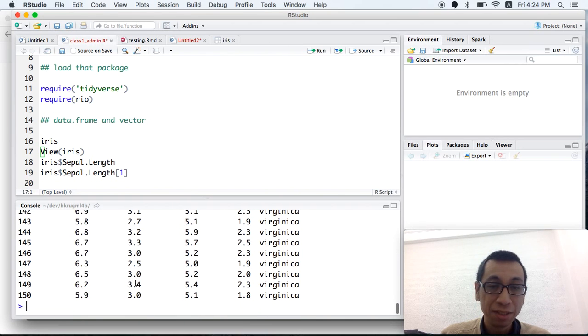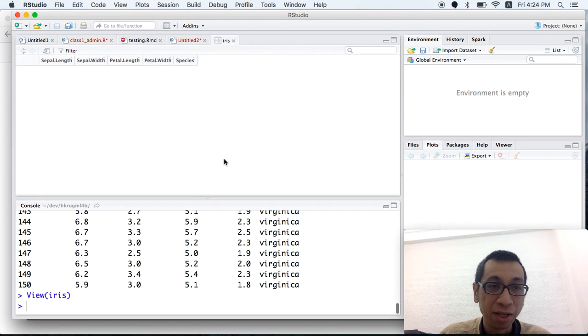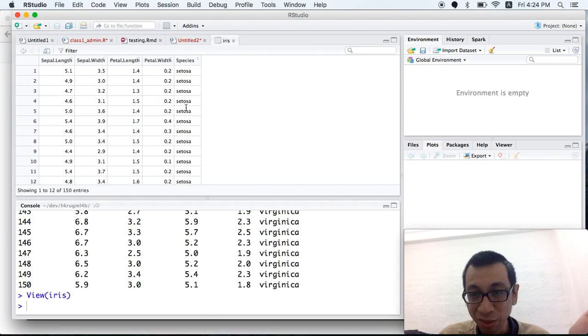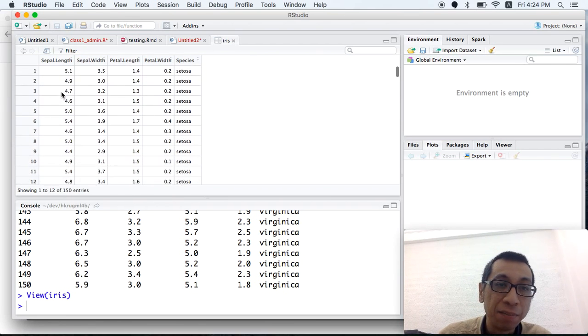You can use a function called view to see what iris looks like. It looks like a table in Excel or something; basically, each column is a variable and each row is a case.